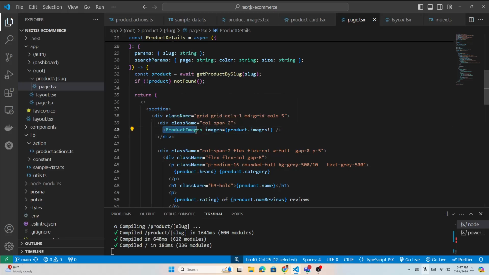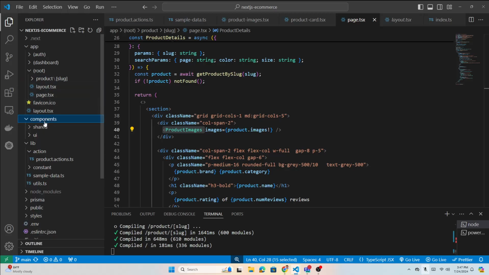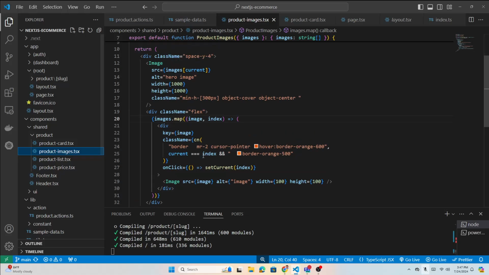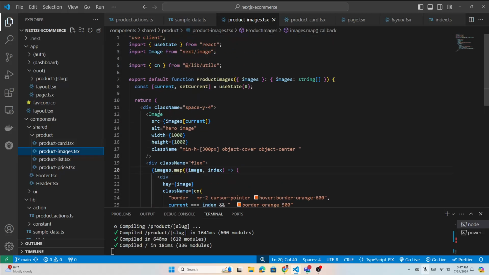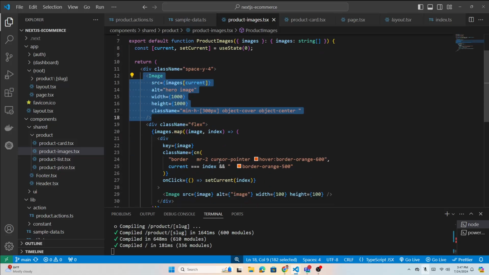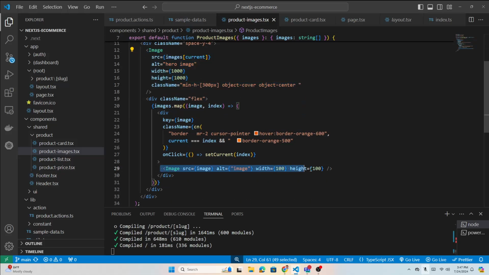So okay, what is this component, where is it, how are you going to find that? You have to go to your component, shared, product, and then product image. You need to understand this. This component is taking the params image. That image is nothing but an array of strings, and you are displaying the big image on the top. Then you have a flex box that loops through this array and displays the small images on the bottom,